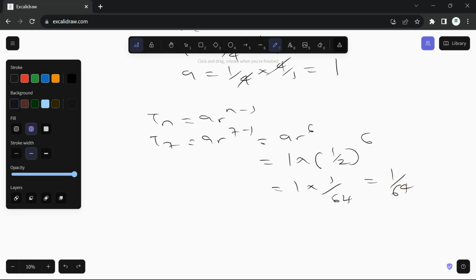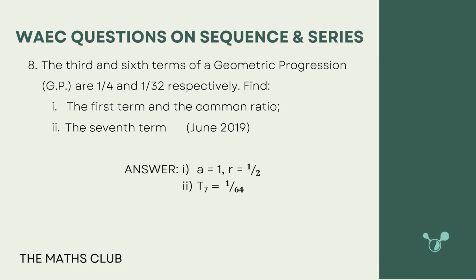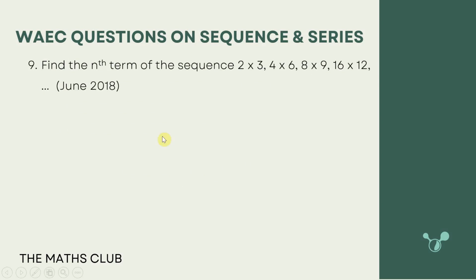So this is all of the answers. We can just say therefore A is equal to 1, R is equal to 1/2, and T7 is equal to 1/64. Let's see if we are correct. Great, our A is 1, R is 1/2, and T7 is 1/64. Well done. The next question says that we should find the nth term of the sequence 2 times 3, 4